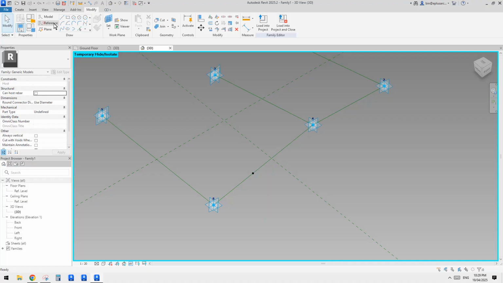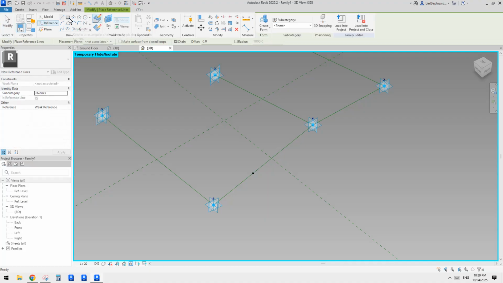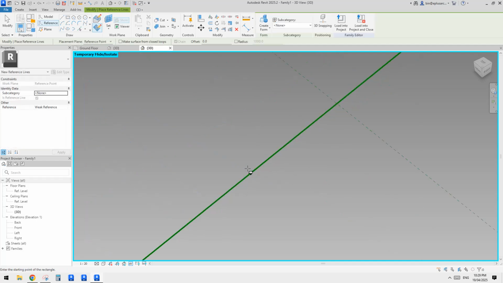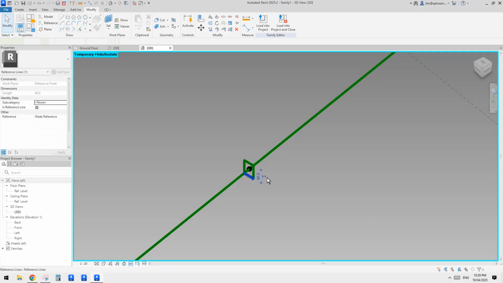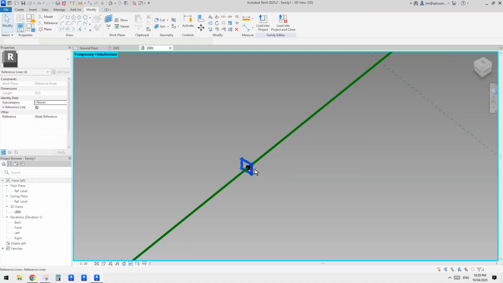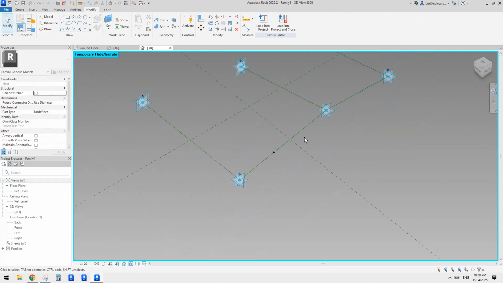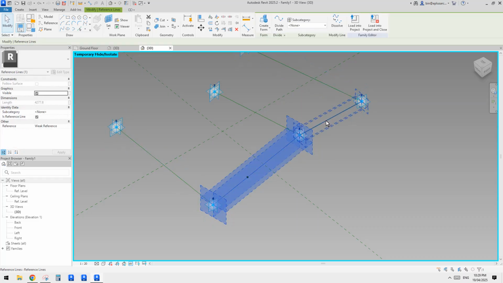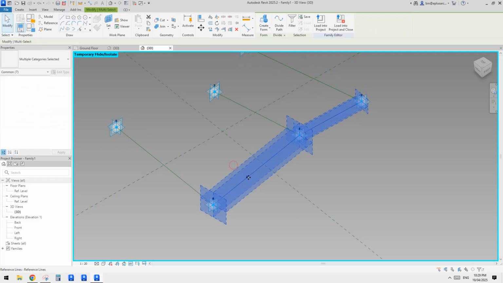Okay, so we're going to use rectangle, maybe draw on work plane, set work plane, pick, and just draw something like this. So I'll just make it 50 by 50. Okay, so that's 50 by 50, and that's enough. So, and try to select this one. So tab, select this, and also tab, control, select. Okay, and then select the profile,